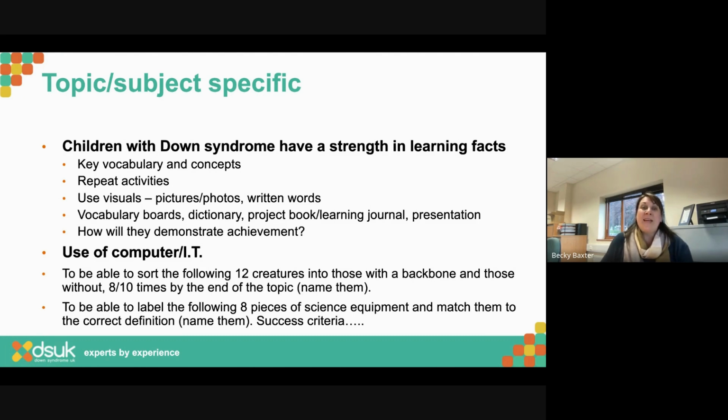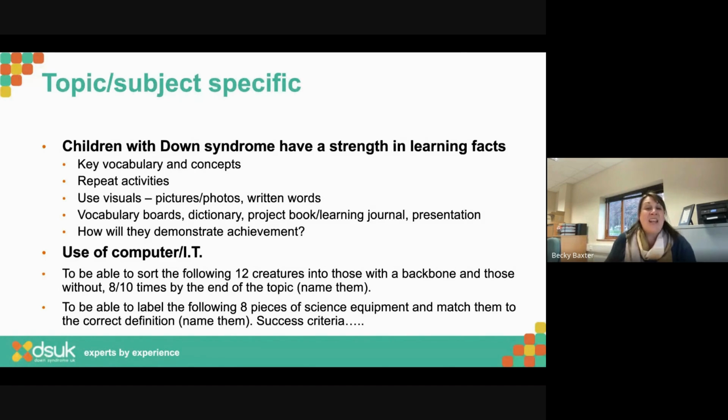Making sure you repeat activities. Often I'll see schools put some time into developing a great activity. Let's say it's a kind of closed set. I've got to fill in some questions, read the sentences, fill in the missing words. That works really, really nicely, but I don't know that information yet. So how am I going to answer it on my own? Either I'm going to need support from an adult to fill it in the first time, or I'm going to need the information there to look up what it is and then fill in that answer.